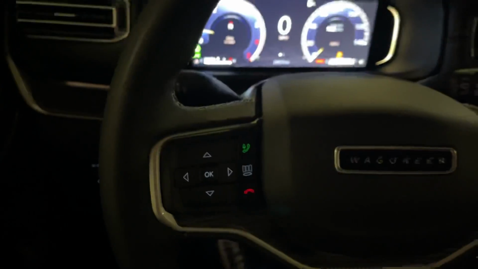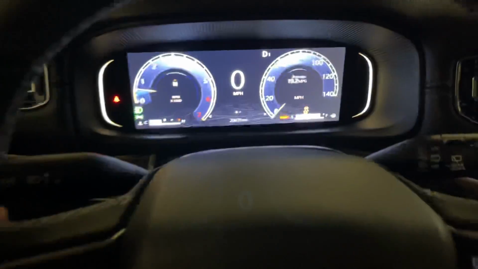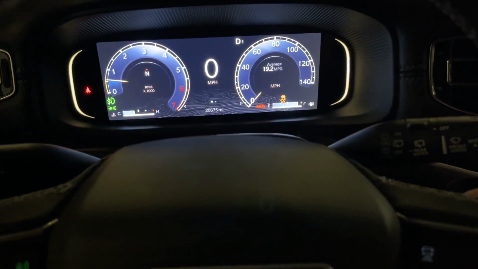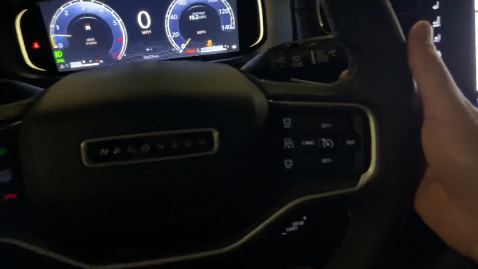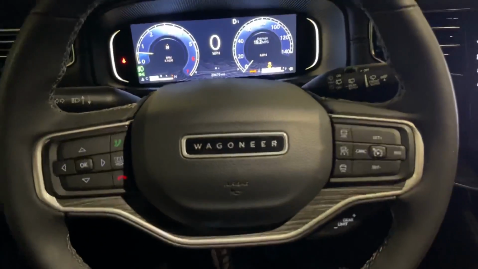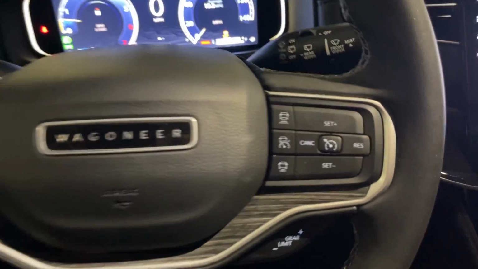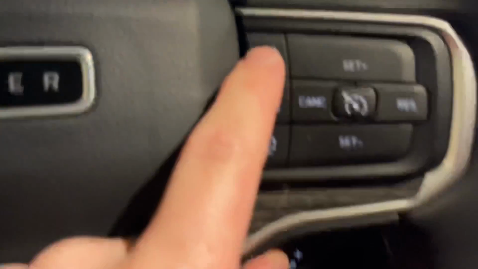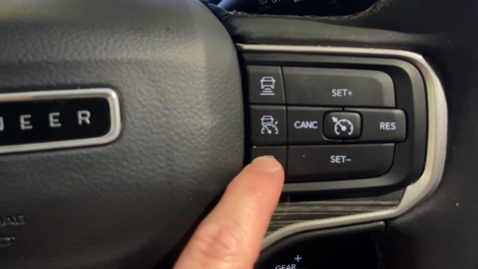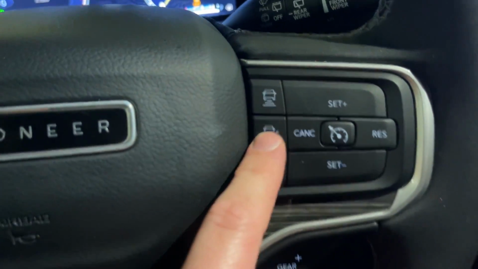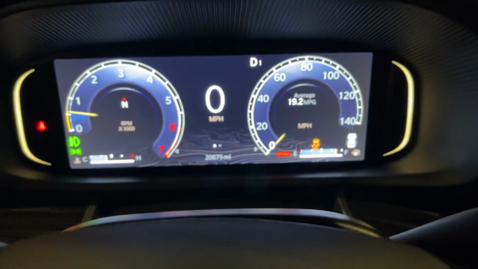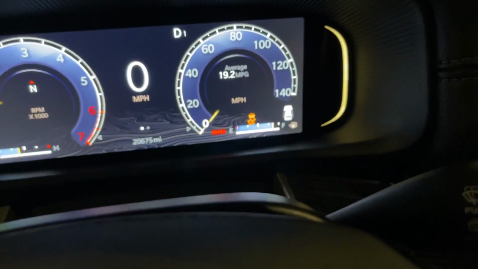Behind the steering wheel, you have controls for the audio. So you have the radio, changing the radio, and then the volume up and down. So you do have that. On the steering wheel, you have the different lane distance for the radar, how sensitive you want it to be, up and down. And then you have the cruise control. So as you see, as you hit this button,